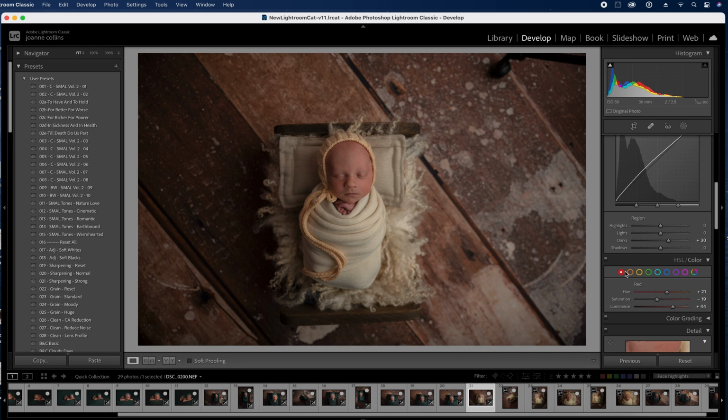Right, so on the red one I've brought the hue up to about there, about +31. I've decreased the saturation and the luminance I am going to bring up to probably quite high in that instance, so +23. The oranges, definitely take those down. Okay. Still kind of orangey around here, but I'm also going to go into the yellows,